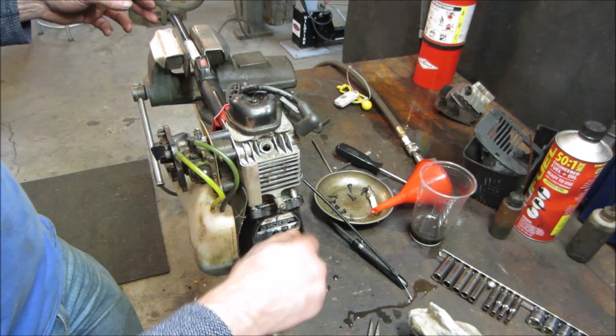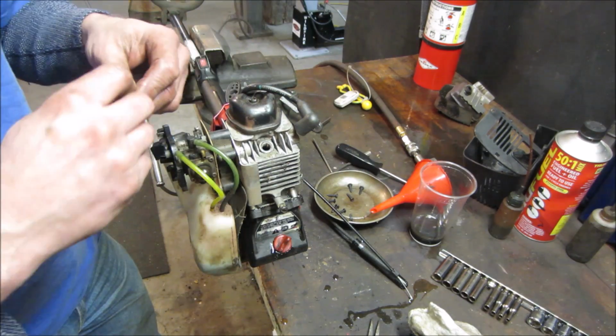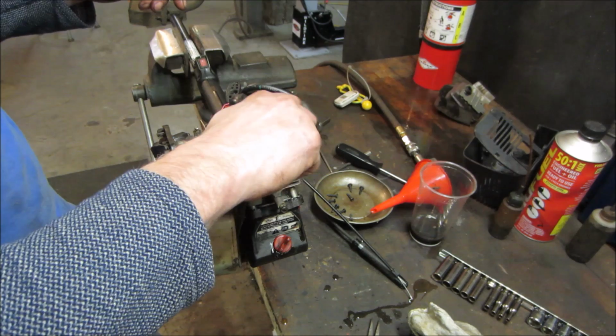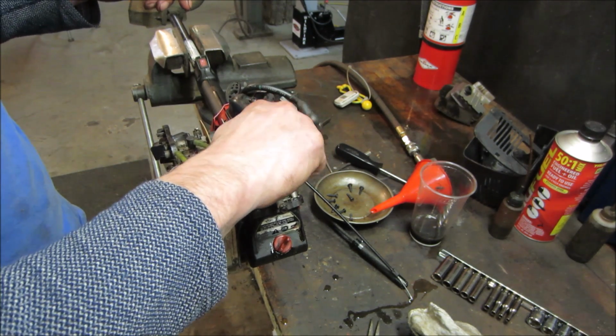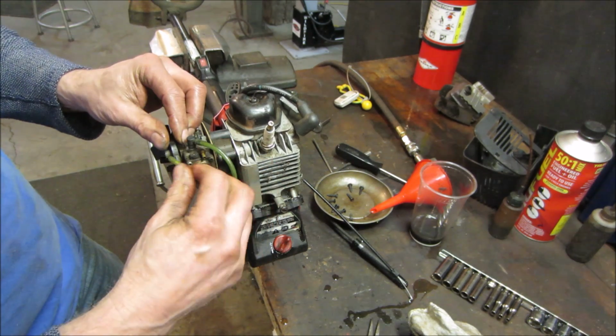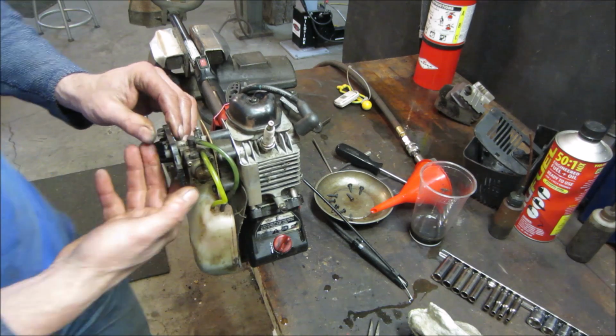So what do we need? We need a spark plug. And I think we're good enough to run it. We don't have a throttle cable hooked up. Might be alright with that. The dark line was on top, right? We give her a couple of...